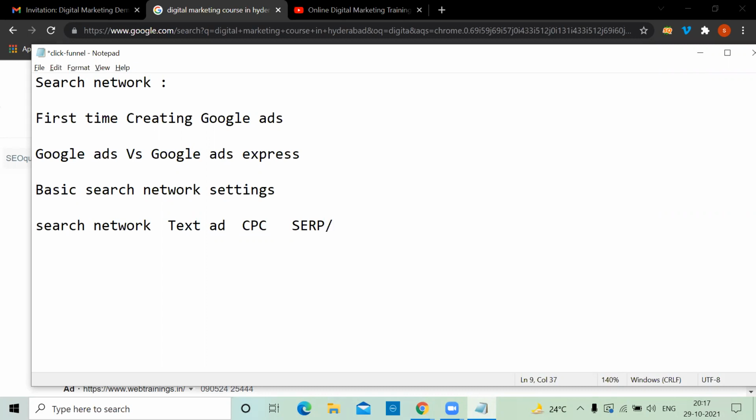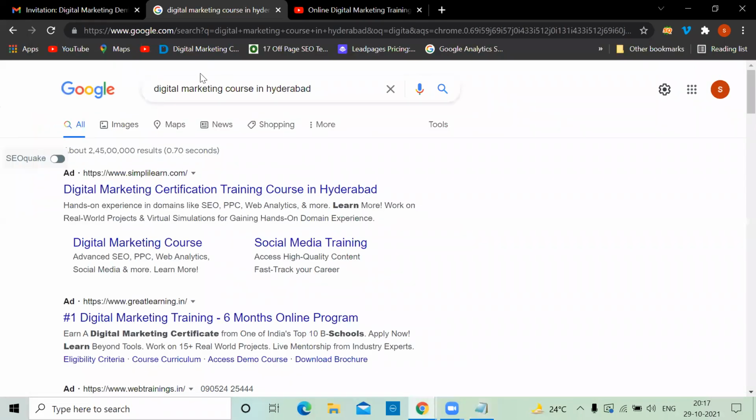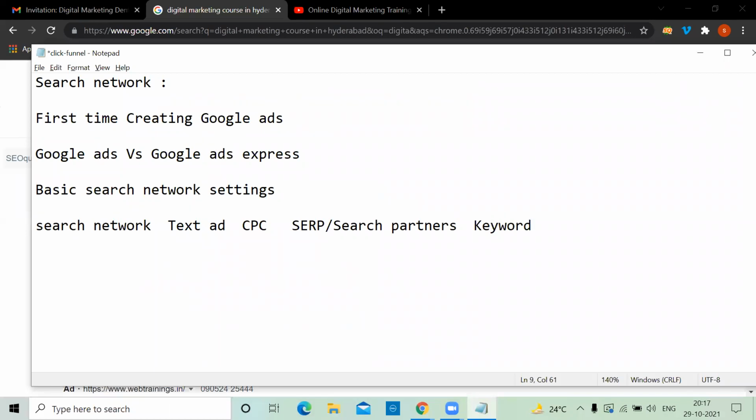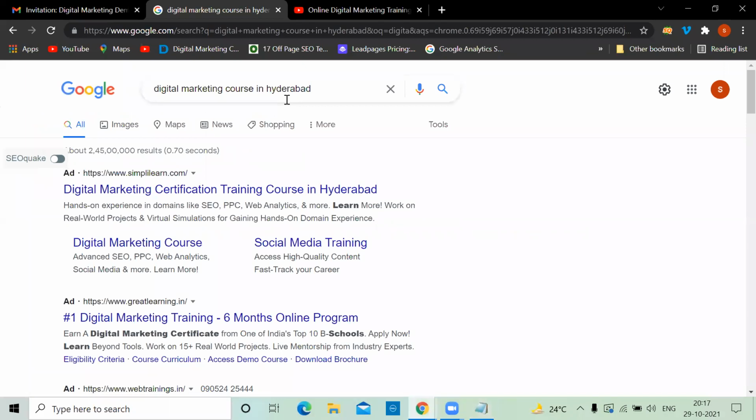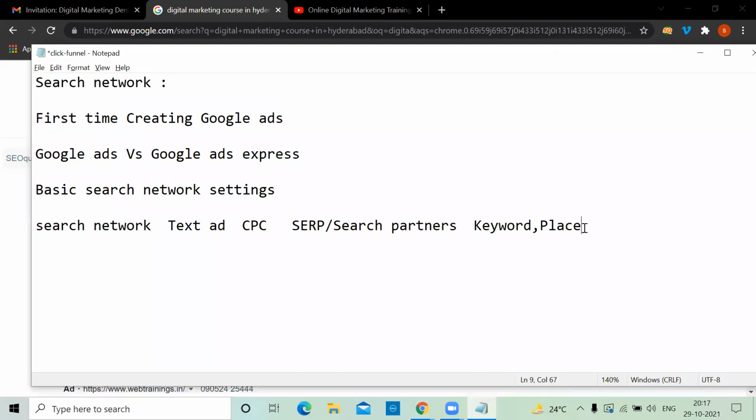Google also says that it has some search partners, where the ad will also appear, but you should uncheck it. By default, this option will be checked. I'm telling you, for small and medium companies, you will lose money. Google suggests this, but I'm not suggesting it. This is a waste of money. On what basis are you showing the ad? My basis is the keyword. Someone searching this keyword, I want to show the ad. And please show my ad only to people in a particular place like Texas, or else within the surrounding 10 kilometers of that place. Radius targeting also you can do. So this is the search network.